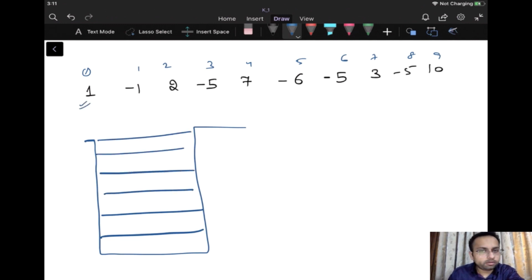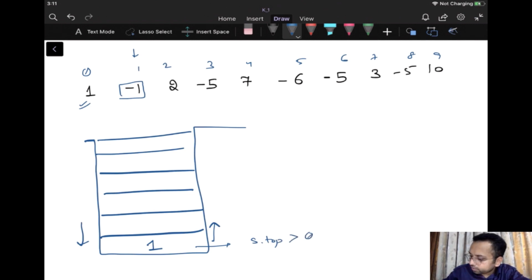First arrow is 1. There is no other arrow right now, so we will simply insert it inside the stack. Whenever the next arrow comes into the picture, we will see if this arrow is going downwards. We will say that positive means upwards and negative means downwards. These two arrows will only collide if the element at the stack top has a value greater than 0 and the element we are currently on is negative. Only then will collision occur. In any other case, collision will not take place. You can consider it as negative above and positive downwards. This is going upward, this is going downward, so they will collide.